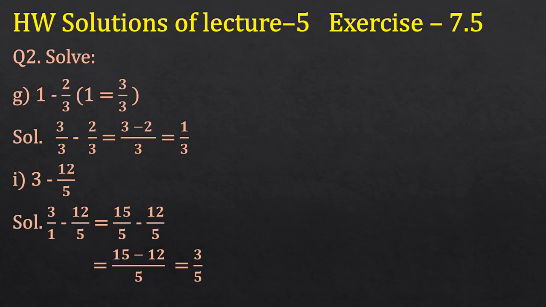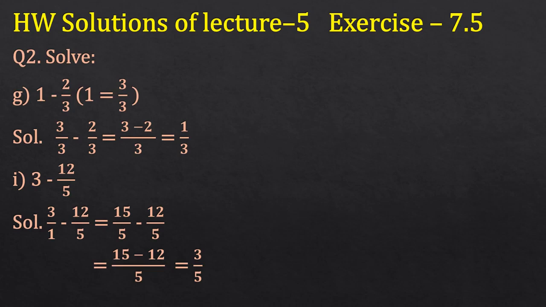These are unlike fractions because their denominators are different. We have to convert them into like fractions. Okay, we can't convert 5 into 1. So what we will do, of the first fraction, denominator 1, we will convert that into 5, because in the second fraction, our denominator is 5. So how do we convert 1 into 5? By multiplying 1 by 5, because 1 5 is a 5. Means we are multiplying it by 5.